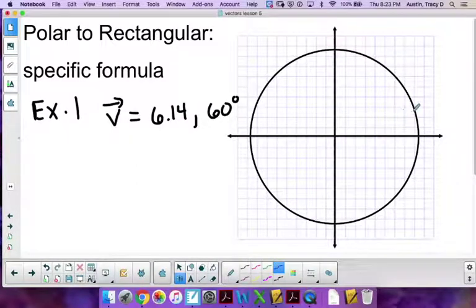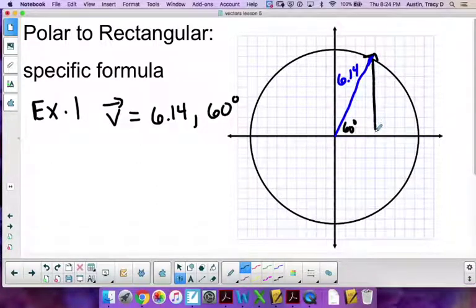Okay, so 60 degrees, remember when we did our unit circle, it was like 30, 45, so 60 degrees was probably about right there. And we don't have to make it accurate as far as the ray. We're just going to go ahead and label the hypotenuse 6.14, because that's our magnitude. So basically what we're trying to find, given this degree and that length, we're basically trying to